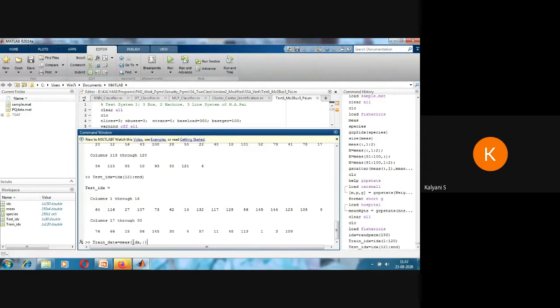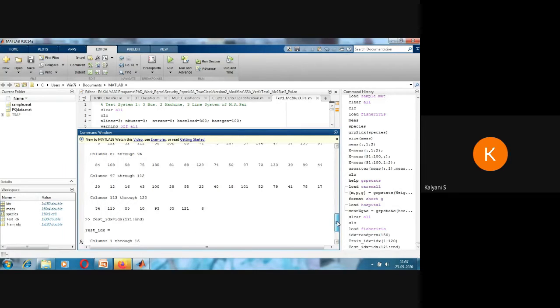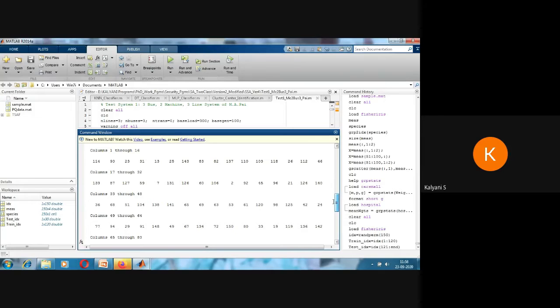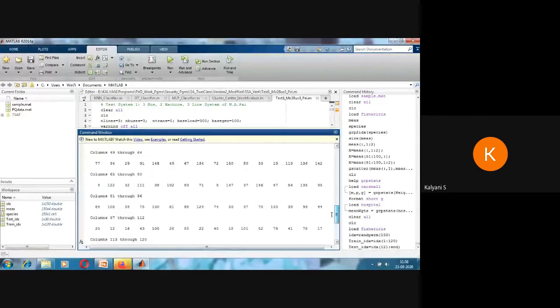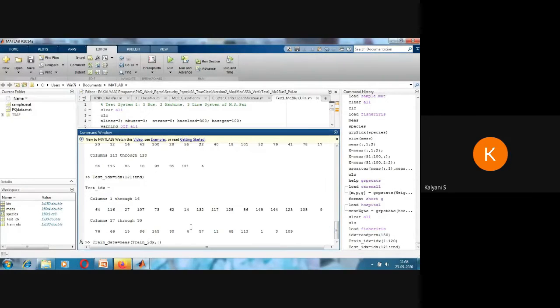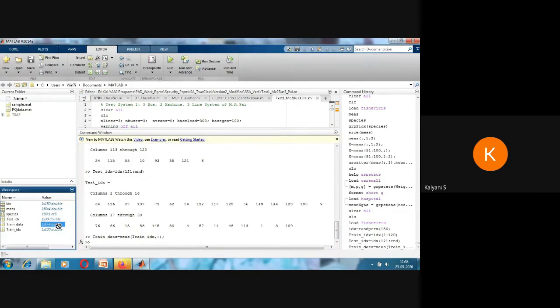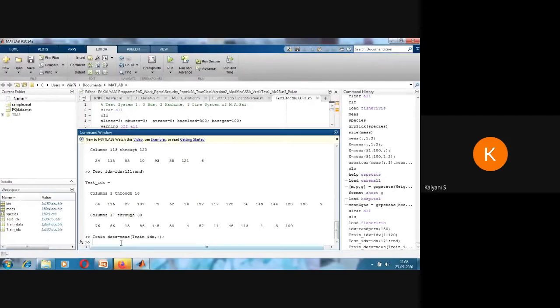So what is the meaning of this? I have to put train idx here. In train idx I have 114, 90, something like that, so it will pick the 114th row, 90th row, 23rd row, etc. So I will get a matrix of 120 cross 4 in train data.